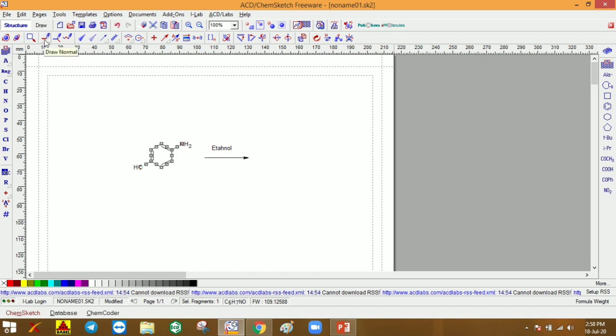So it is a draw tool normally we can observe, and it draws continuously in a chain-like manner. By clicking this you can mention how many chain lengths you want, and if you leave the cursor it is going to give the chain length of that particular carbon atom, an alkane. Different bonds it is giving: up stereo bonds, down stereo bonds, different coordinate bonds, and an undefined stereo bond.